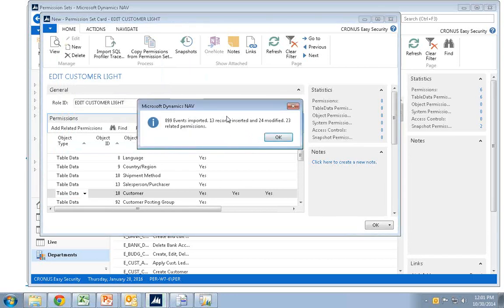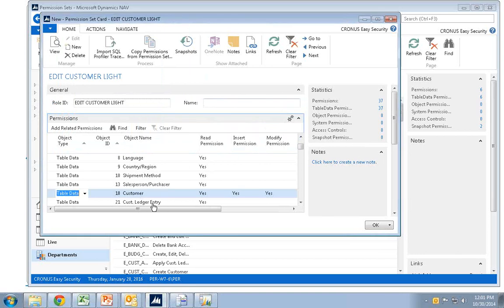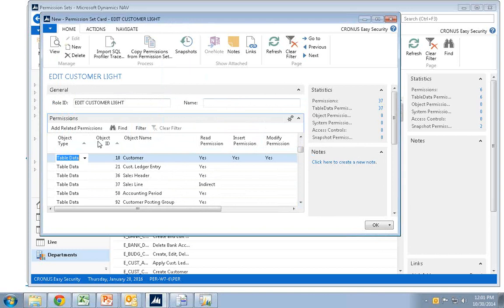But I can see it actually imported permissions, and some of them were added down here, like read to my customer ledger entry, for example. So there's certain things actually also in the complete free version to import a trace in there. But again, that is limited to only certain ranges.